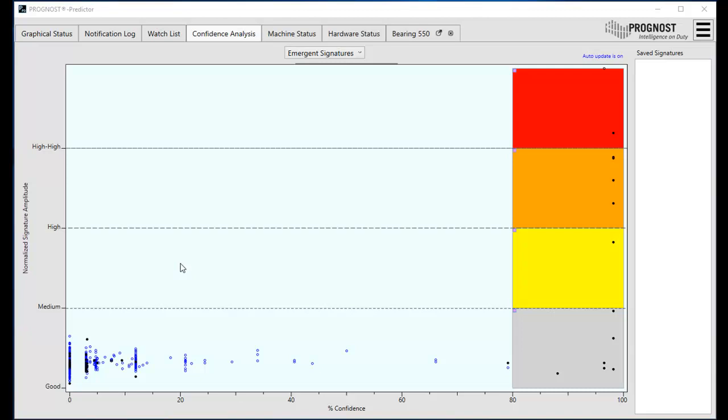If the confidence is low, it most likely means that the specific fault is not present. A high confidence indicates that the fault is likely real. Confidence is a measure of the probability of the presence of a fault, not the degree of severity of a fault. In the confidence analysis window, the results of the signature amplitude calculation and the confidence calculation are plotted in